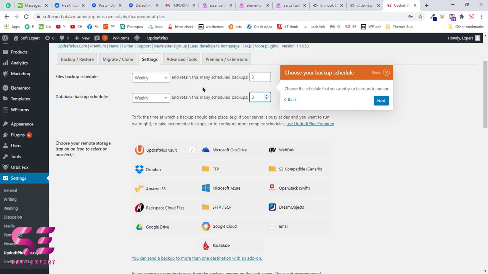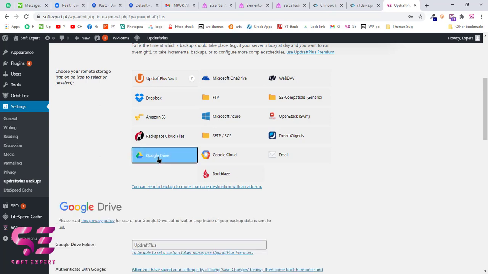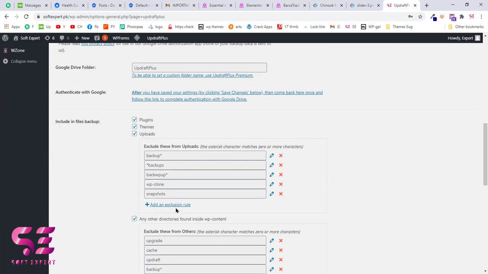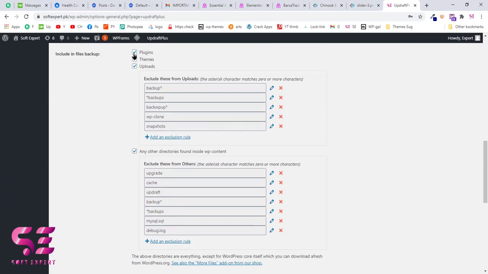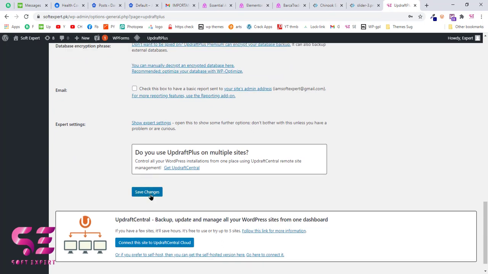So once you finalize this, then you can scroll down and choose your remote storage. Now you can choose OneDrive, FTP or any one of these, but I'll choose Google Drive, and this will save my backup inside Google Drive. So I'll choose this, and we'll scroll down and make sure you select all these options and click on Save Changes,